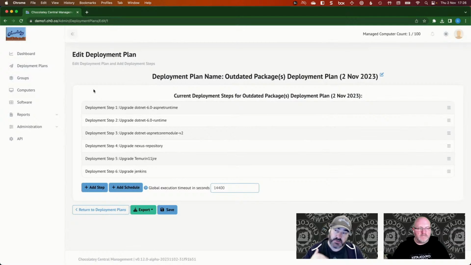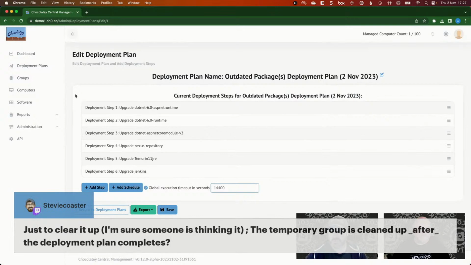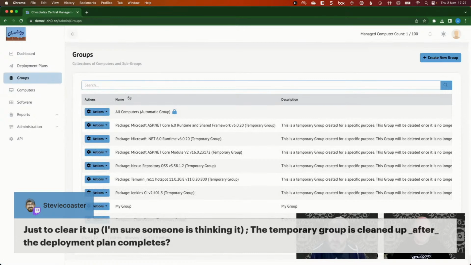So to answer some of the questions that I know people might be asking, let's start with the first one there from Stevie. What Stevie's asking is about the temporary group. The temporary group is cleaned up after the deployment plan completes. So at the minute, you're right. The way that this alpha version is working is that the